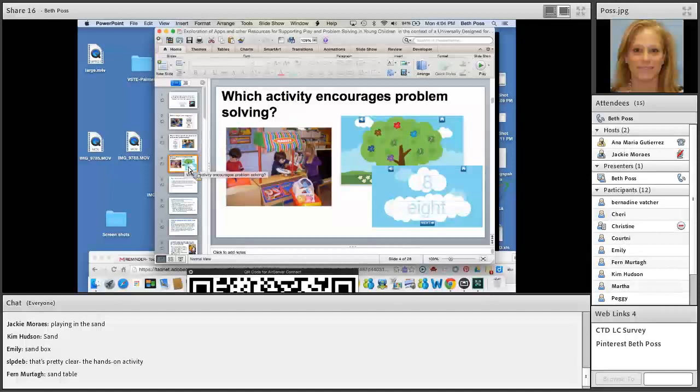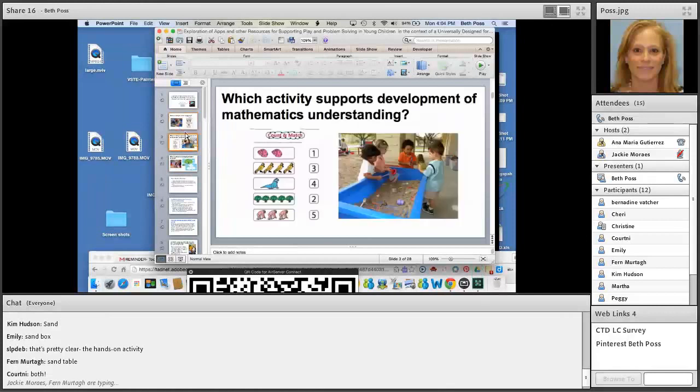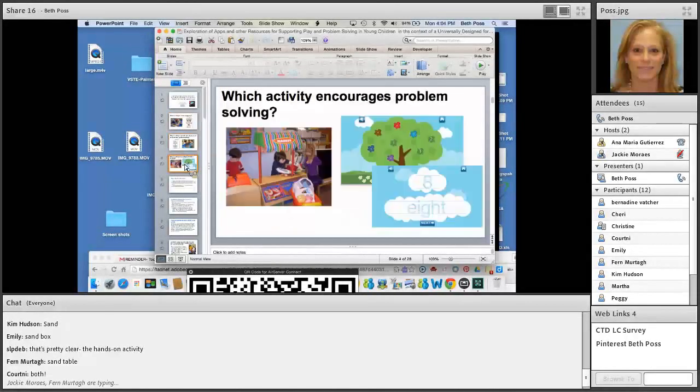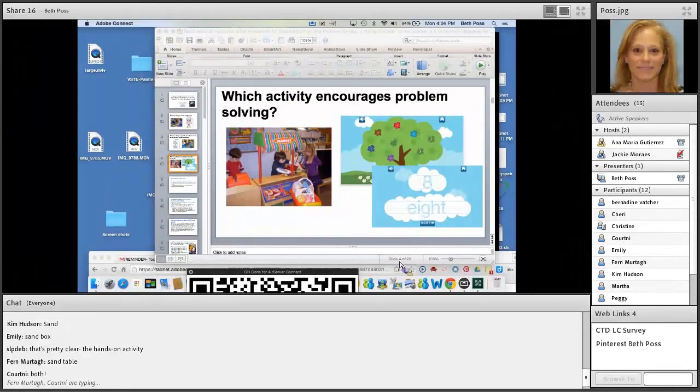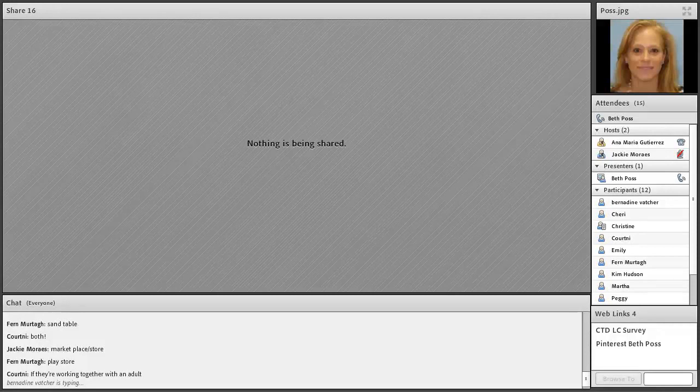And let's look at one more set of pictures. Which activity encourages problem solving? So we've got a nice couple of screens from an app there, and that's an app, not a worksheet. And we've got a play kitchen. So which of those, sand or the worksheets? Blocks or the worksheets, sand table or the worksheets, or the play kitchen or the play store rather, or that. So let me flip back over to